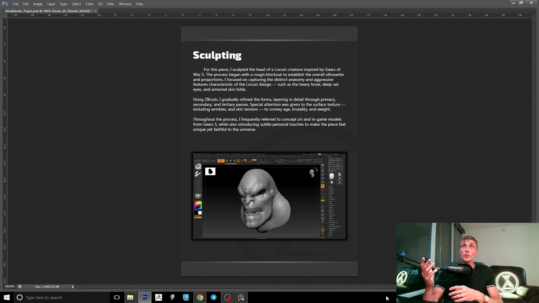And as well for organic, for sculpting. So here I was trying to recreate this aggressive look of this locust. It's a monster from Gears of War 5. So here you can see that I tried to repeat his folds on his skin,